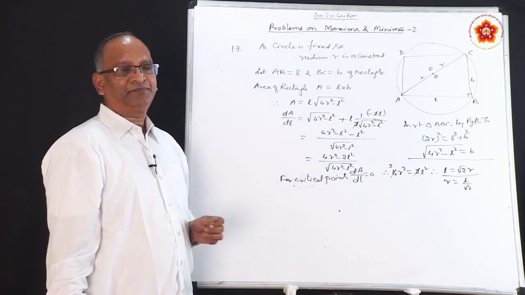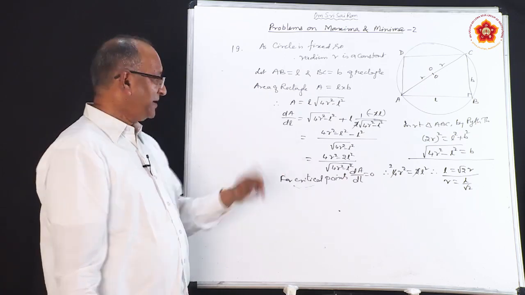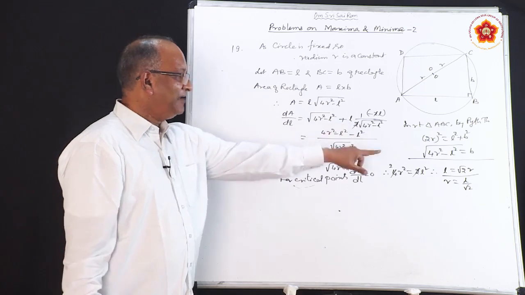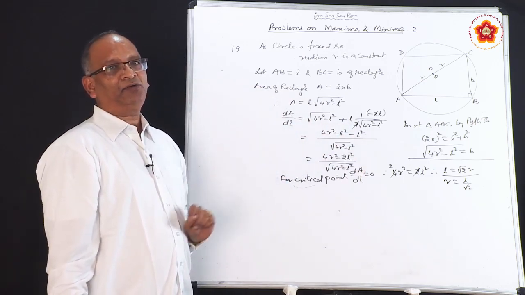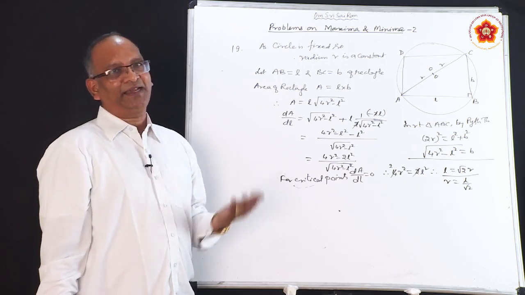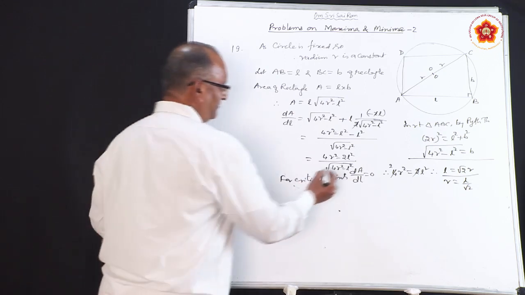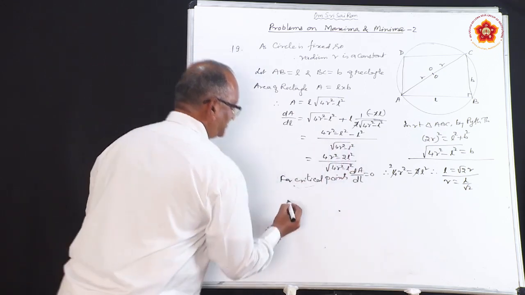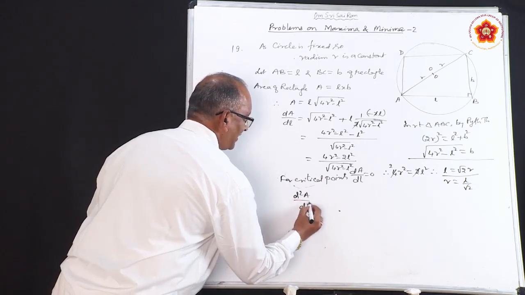Either way, since we are just finding the derivative with respect to L, L will be more useful than R. Now, how do we solve? We find the second derivative. So, when you find the second derivative, you have to differentiate this result. So, it is d2A upon dL square.